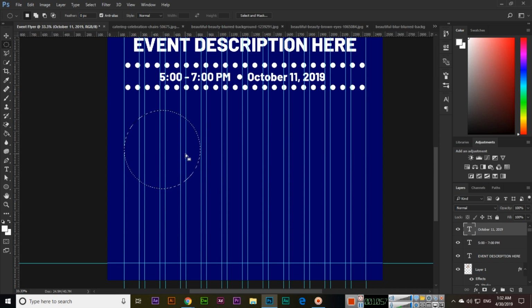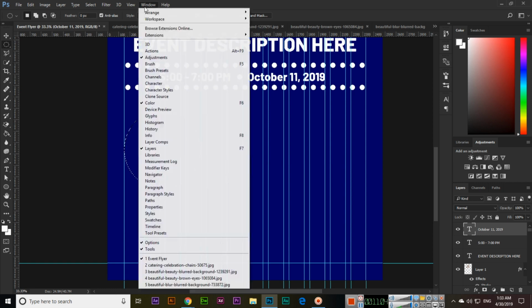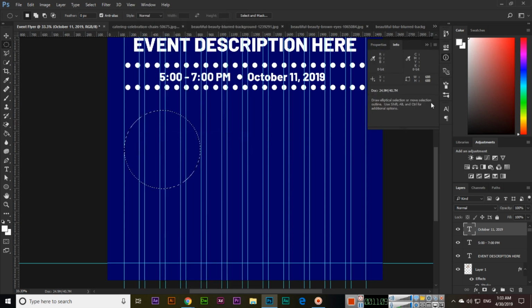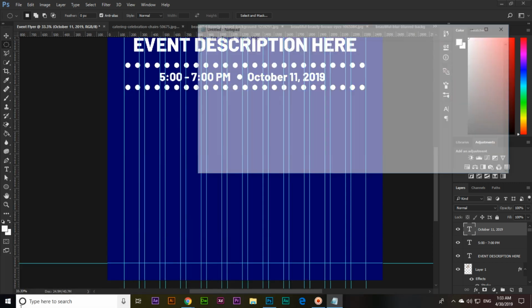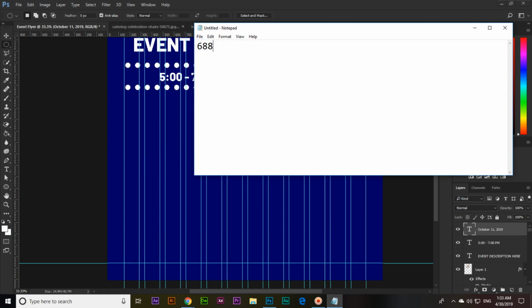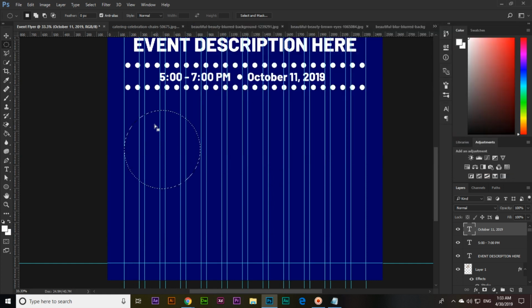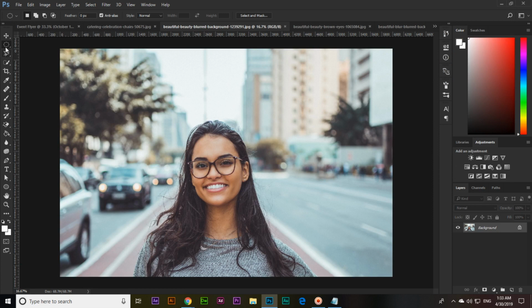So this section we have now, you can see, and this you can see like window and info. So width 688, height 688. So we will remember this one, 688, 688. I will open notepad and will write 688, 688. So from here now we will copy something